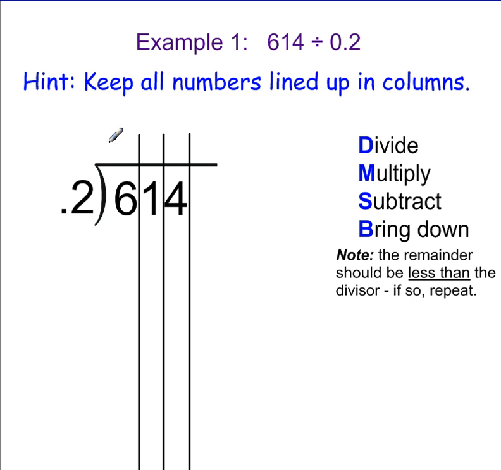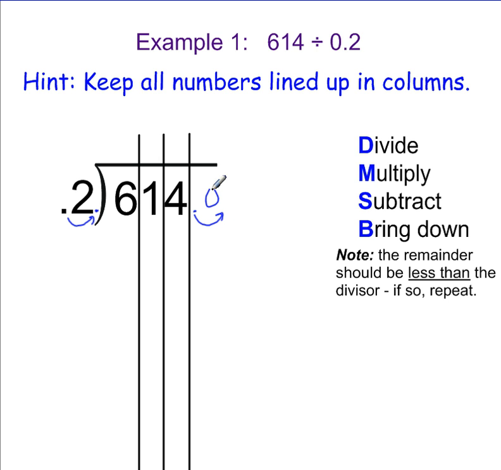It is always important when doing long division to keep all numbers lined up in columns. When you have a decimal in the divisor, it is necessary to turn this into a whole number by moving the decimal point to the right. I'm going to move it one place to the right, and I need to do the same thing in the dividend. I have a decimal point right here, and I'm going to move that one place to the right,